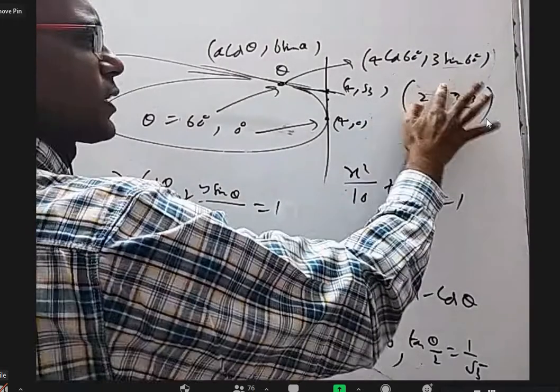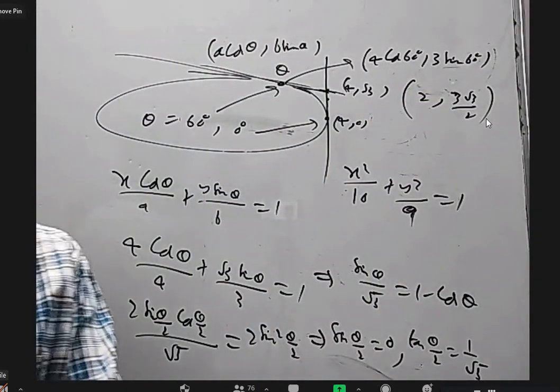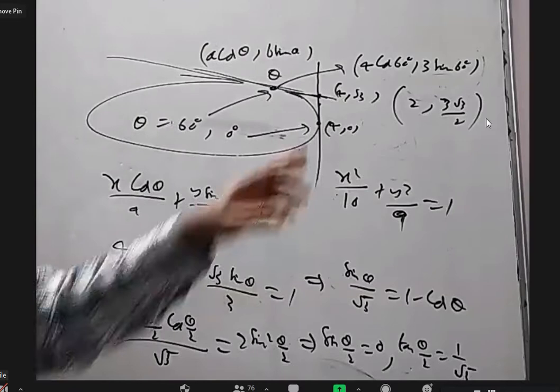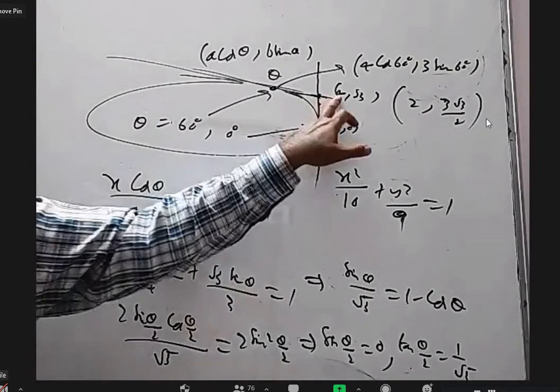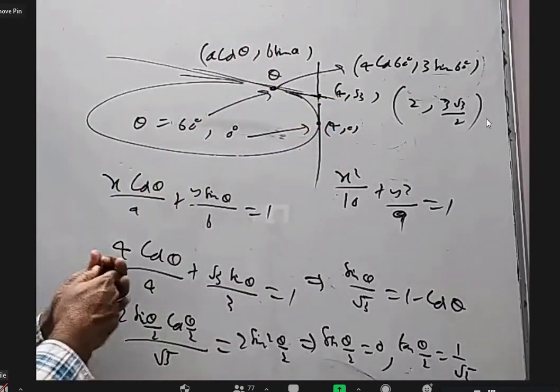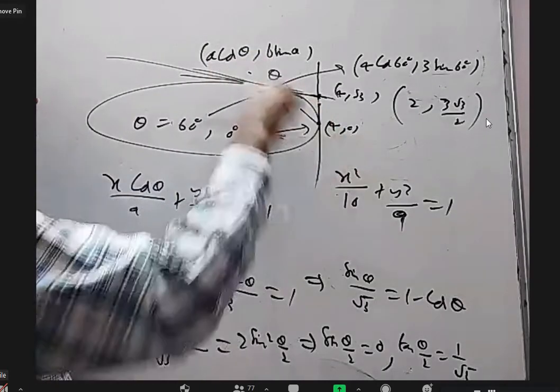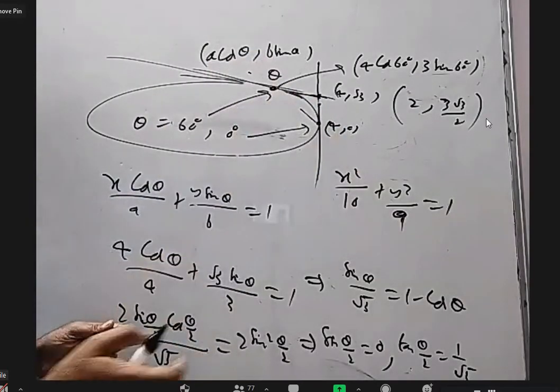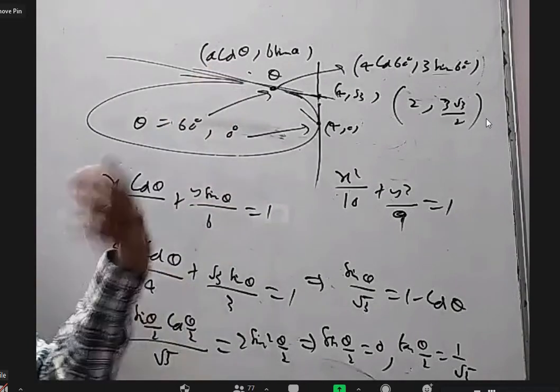Okay, this is subjectively finding it. Somebody can take each option, find S1 equal to 0, and substitute that point. Another option is to do S1 equal to 0 for (4, root 3). You will get a line like this. Solving that line and the ellipse, you will also get the 2 points. You can find the chord of contact and solve with the ellipse.